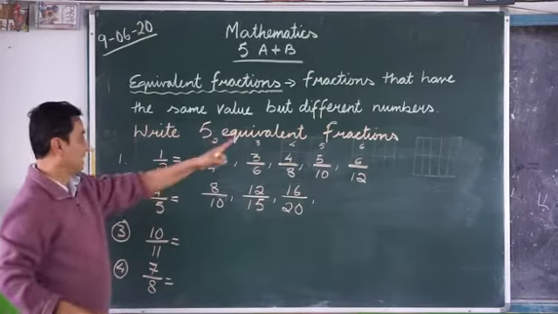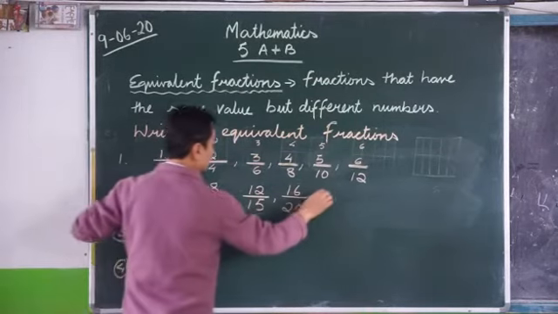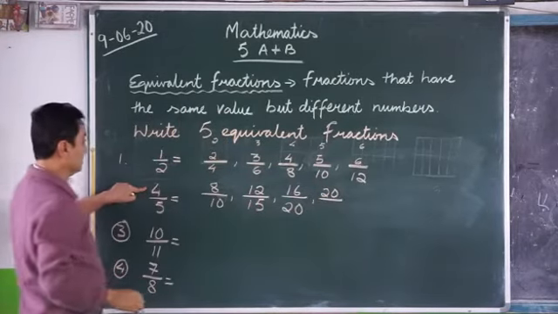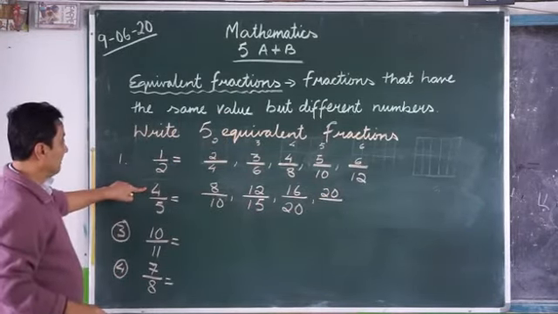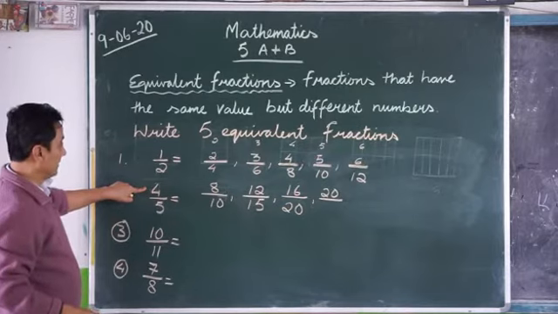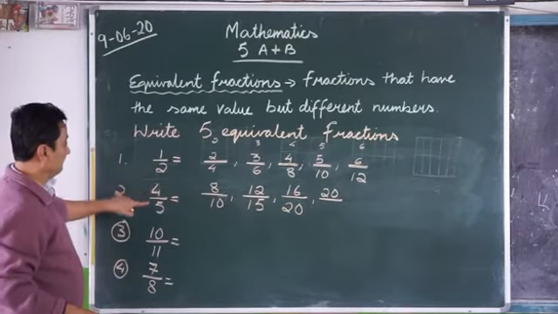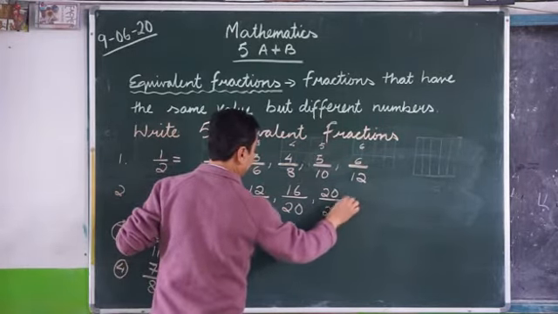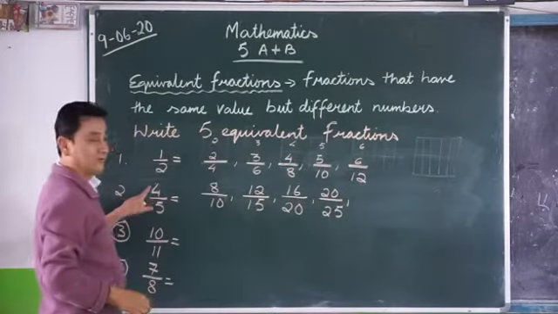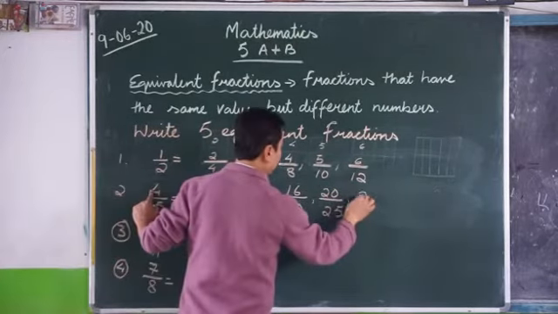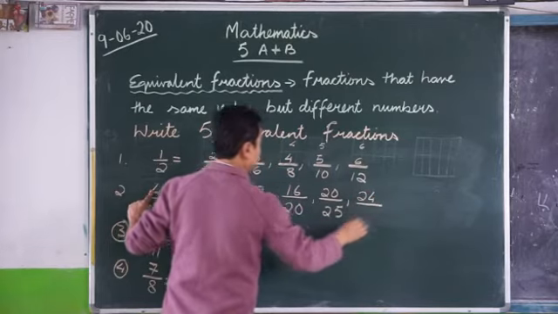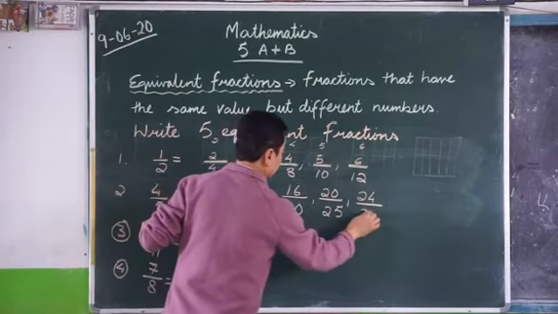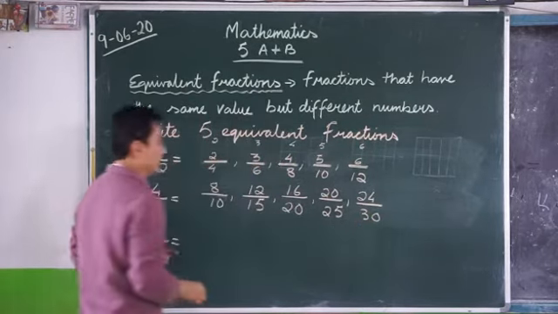Then with 5. 5 fours are 20. 5 fives are 25. 6 fours are 24. 6 fives are 30. So this is the way how you should find